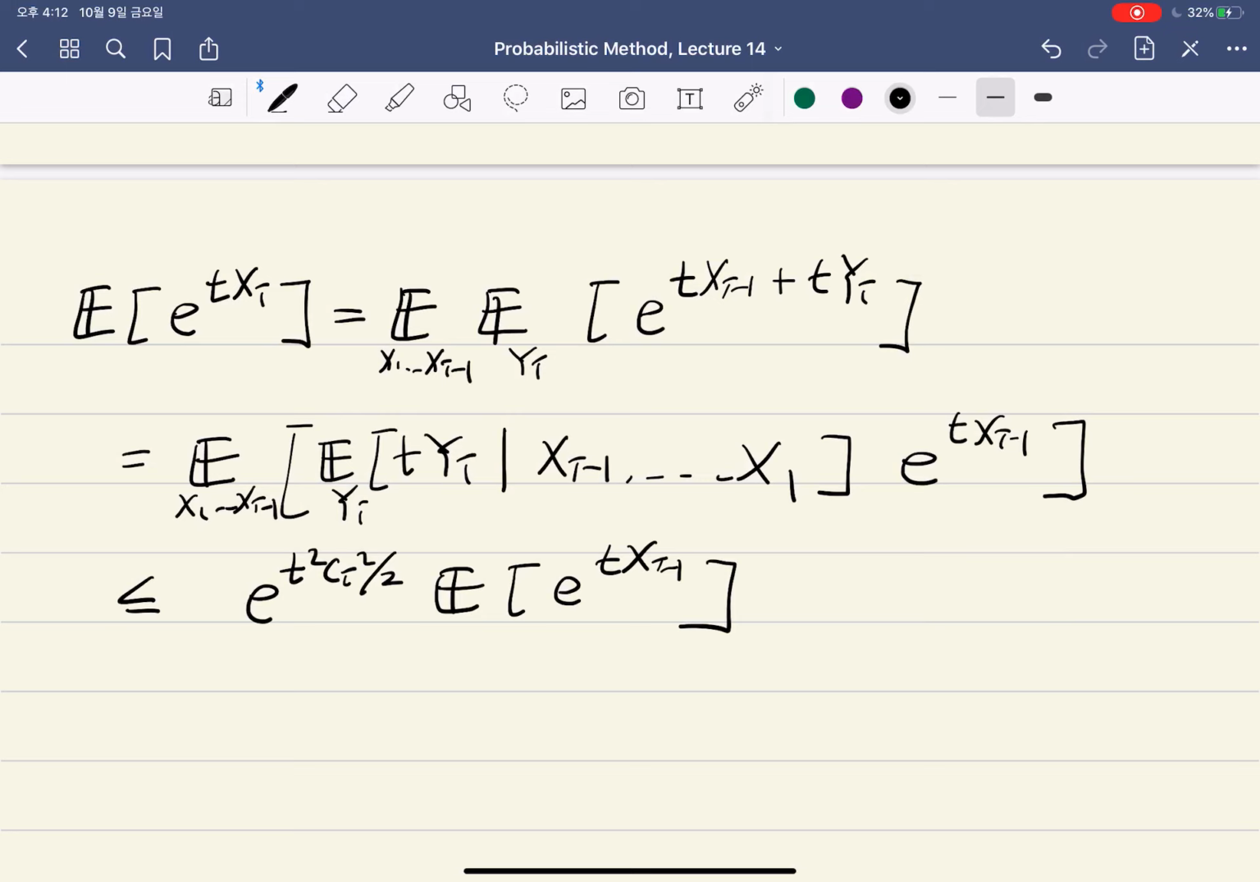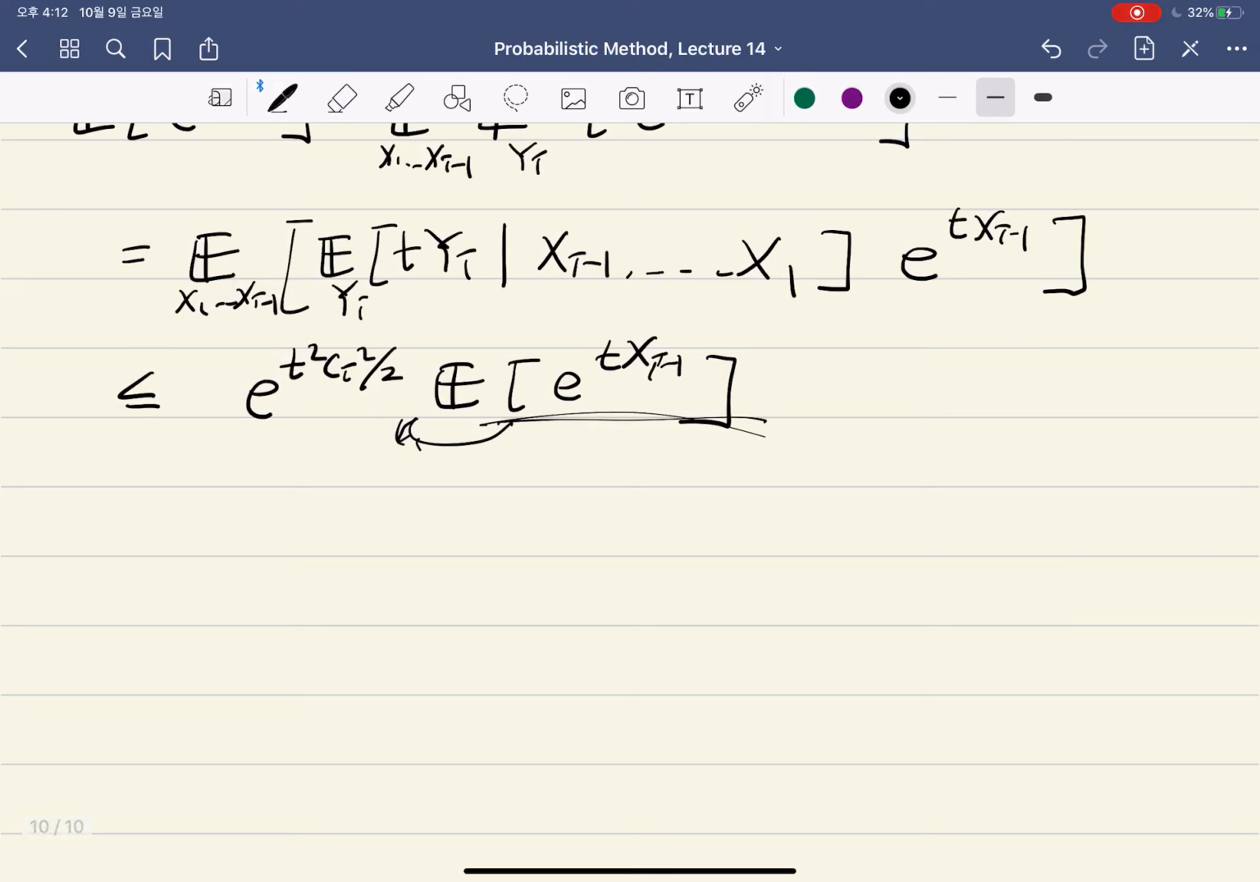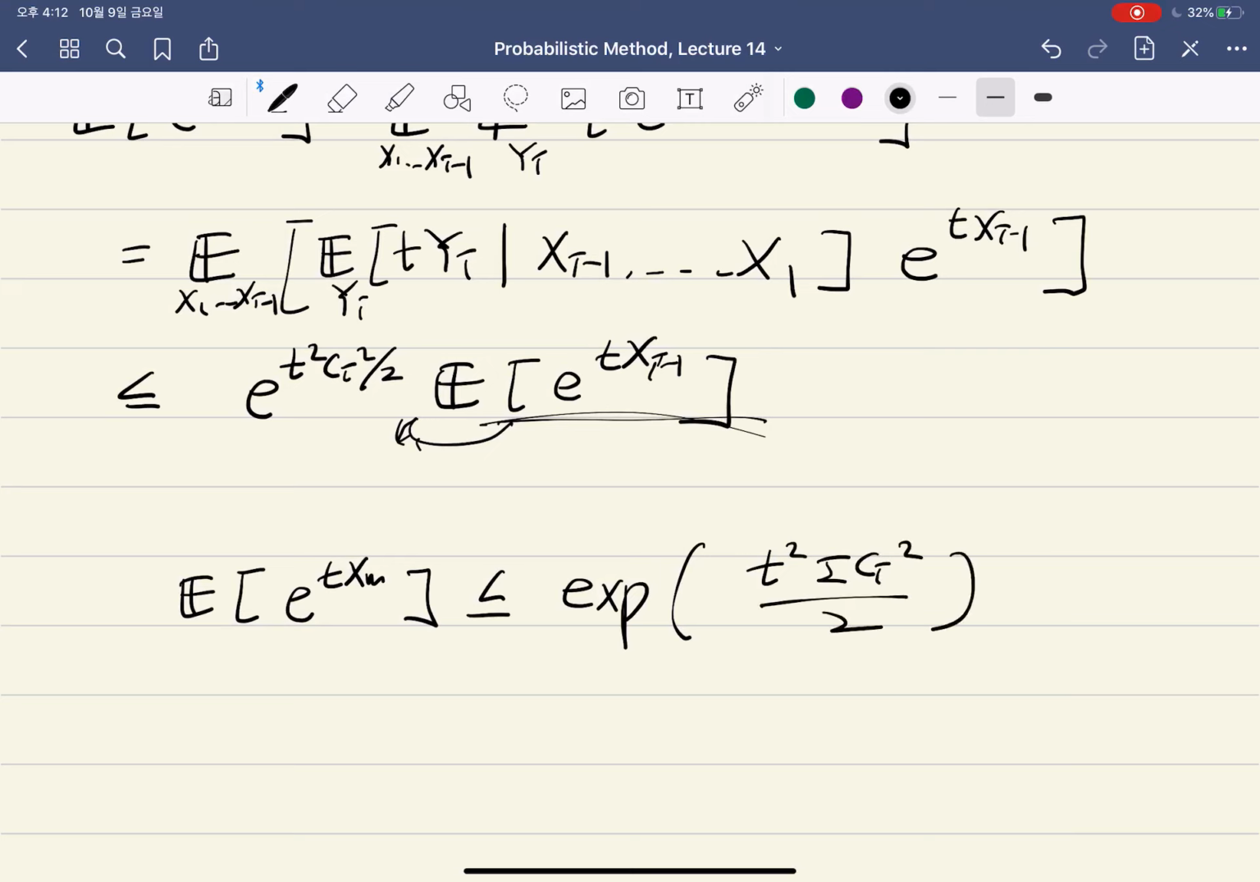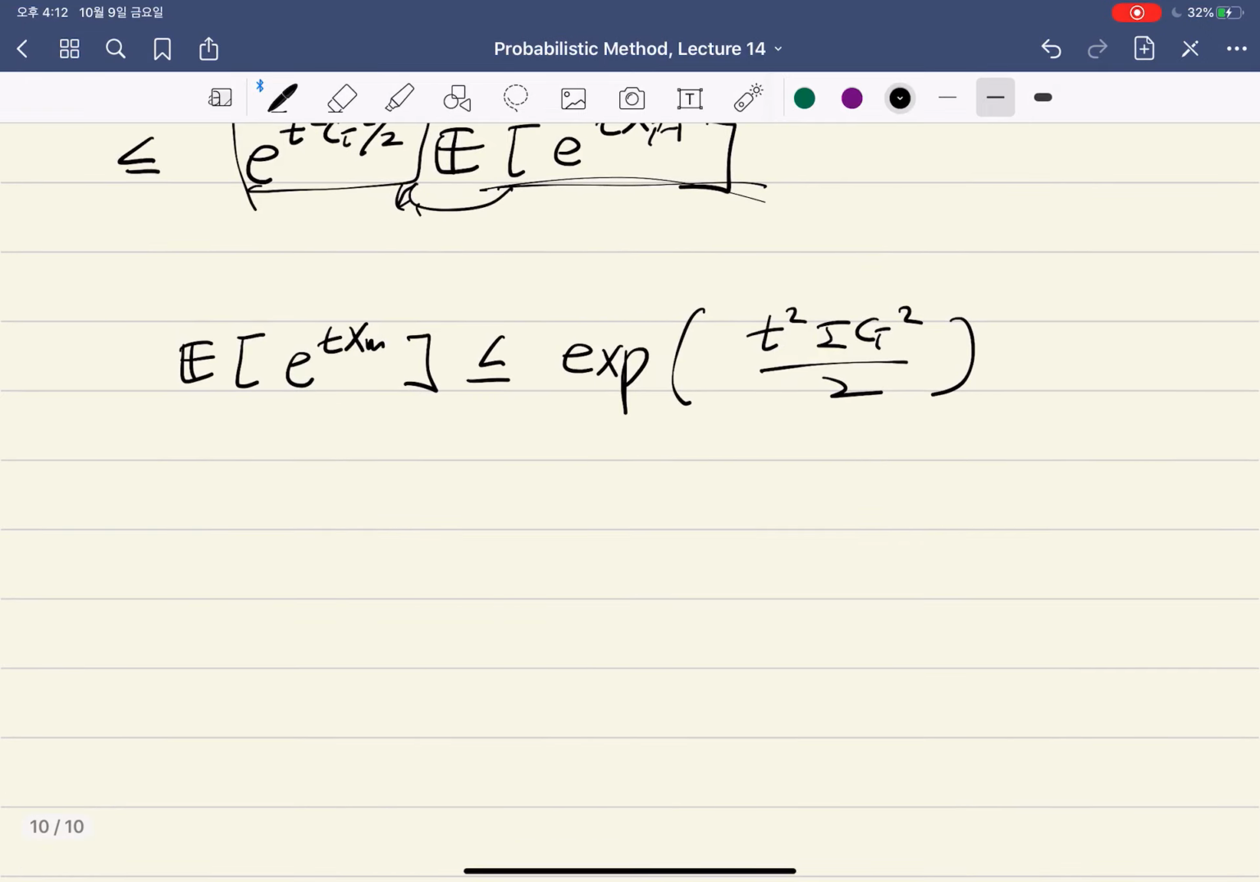So you repeat this to take out more, and then the same expression with i minus 2, and we do that. Then the expectation of e to the t X_n is at most e to the t squared summation of c_i squared over 2. You take this term and then you multiply, then the exponents add up. So you have this. Then we use the Markov inequality here